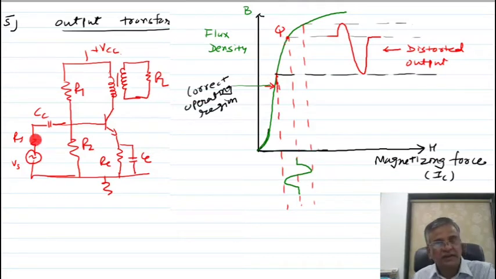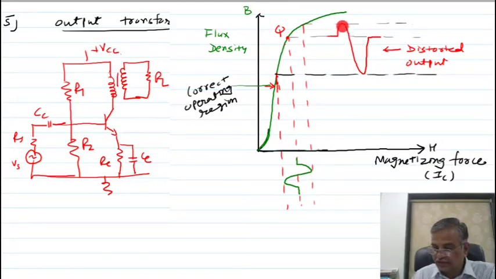Now the AC signal is applied. As a result, base current changes, and there is a collector current change. The changing collector current I am showing you like this. Due to this change in collector current, the flux associated with the primary changes. As the flux is changing, look here, what is the way the flux changes? With the Q point in saturation, the change in flux is not linear. As a result, the voltage developed across this is not an exact replica of the input.